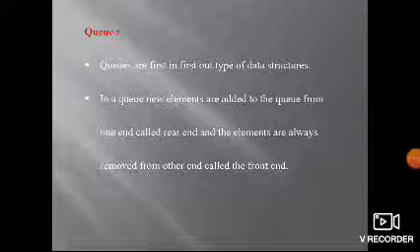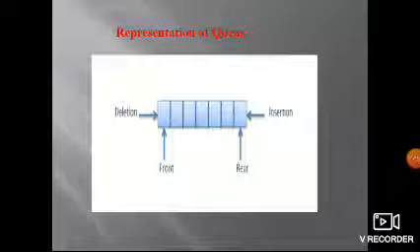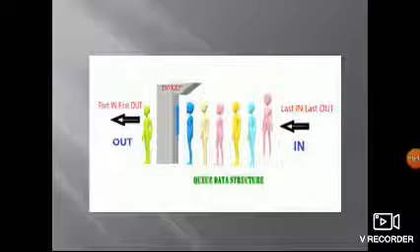A new element is added to the queue from the one end called the rear. Rear means back, front means front only. See, this is the front and this is the rear. If you want to delete, you delete at the front end. If you want to insert, you have to insert through the rear, not at the front. So the front is the deletion part and the rear is the insertion part. This is a representation of the queue in data structures.